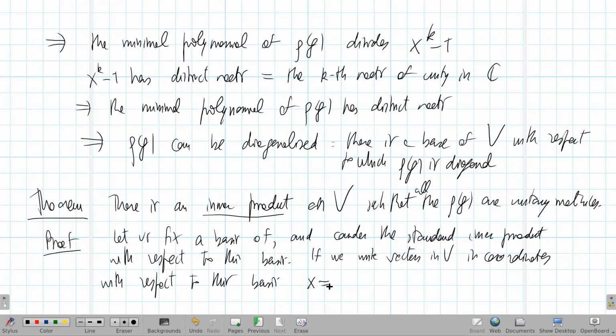My vectors are line vectors, and most of the time I use square brackets for these vectors. So x1, ..., xn is one vector, and the other will be y1, ..., yn, okay? So I have fixed the basis, and these are the coordinates of two vectors with respect to the basis, and then the standard inner product will be